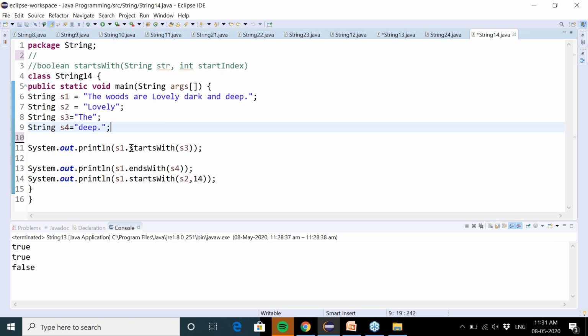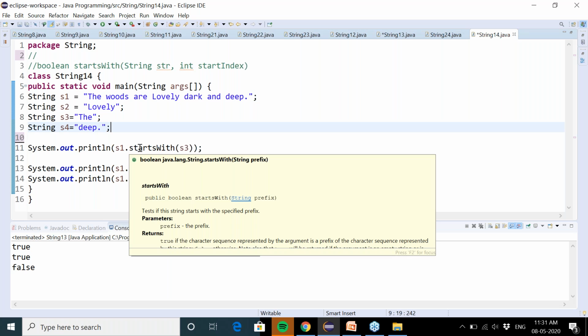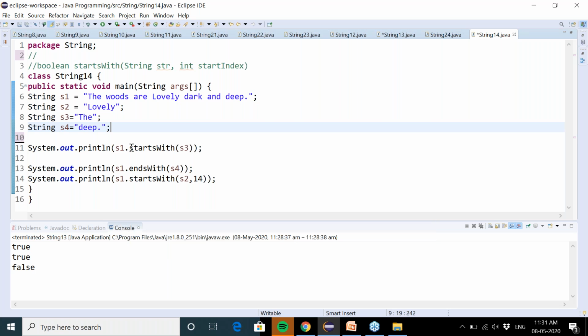This is the sentence, "the woods are lovely, dark and deep", with which we are calling the startsWith method, and we want to check whether S1 starts with S3 or not, starts with "the" or not. "The" is there, so that means it will return true because the string is starting with "the". If I keep something else over here that is not matching with the word in the beginning, then it will give false.